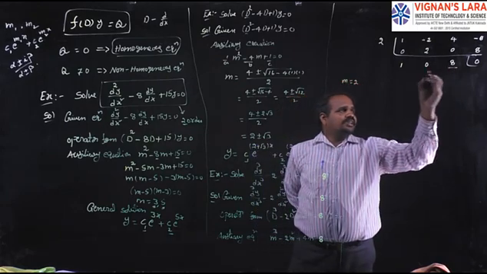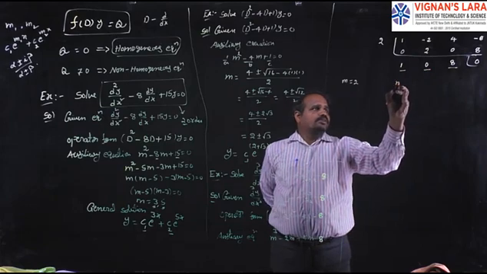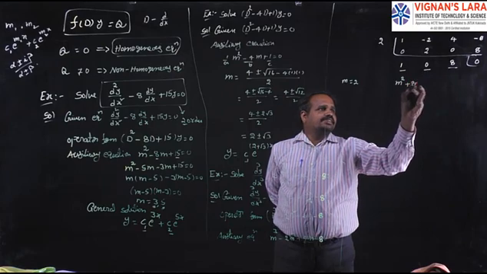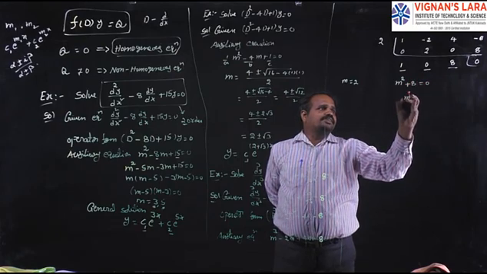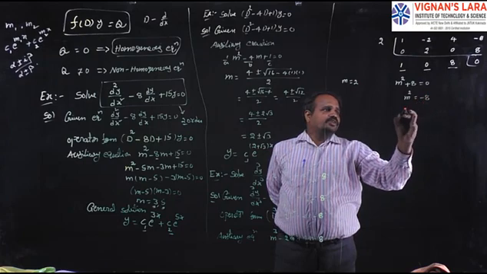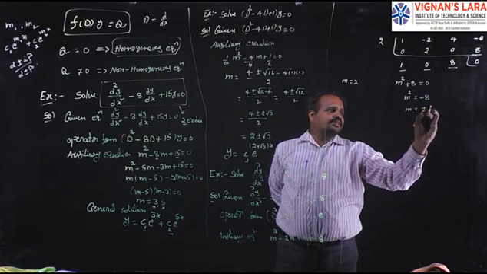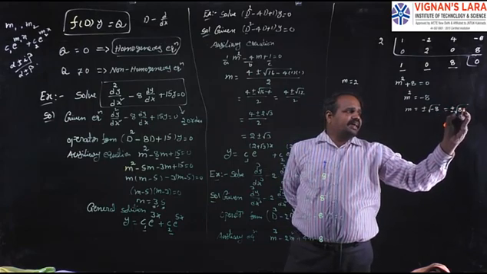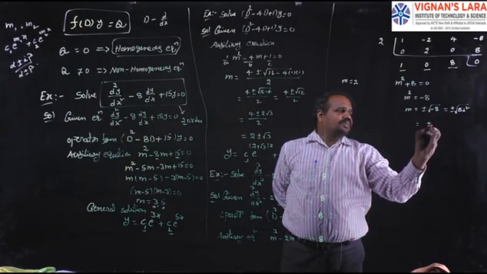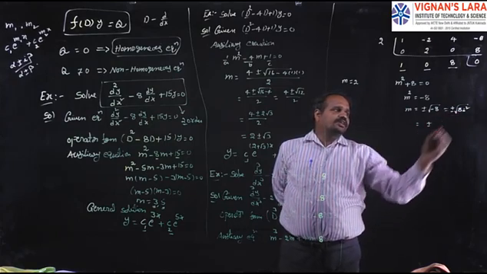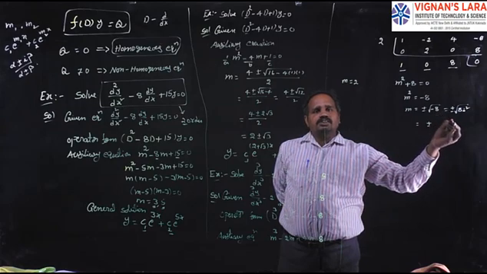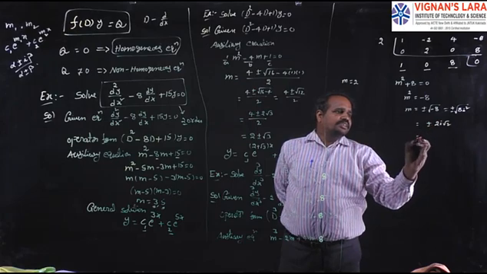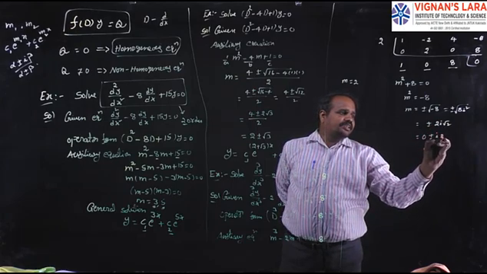Another factor is m square. The m term does not exist, plus 8 is equal to 0. So m square is equal to minus 8. So m is equal to plus or minus square root of minus 8. Square root of minus 8 can be written as 8i square, which is equal to plus or minus square root of 8. 8 can be written as 4 twos are 4, square root is 2, i square root is i. So 2i root 2, which is nothing but 0 plus or minus i into 2 root 2.